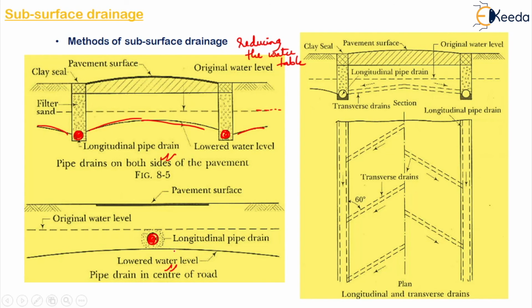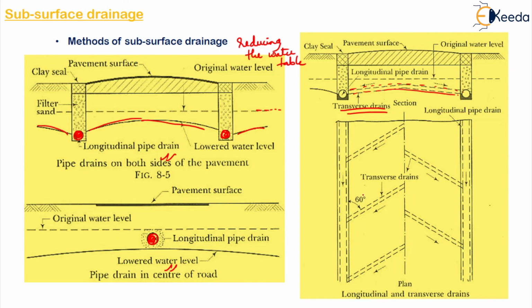So these pipes are placed in the trenches with proper slope, and they discharge the water into the surface drain. If by providing only the longitudinal pipe drains it is not possible for us to lower the water table, then we can go for the transverse drains. So if you observe, this is your transverse drain. This is in front view. If you see in cross section, the transverse drain will look like this. Right, from here it will flow on to your longitudinal pipe drain.